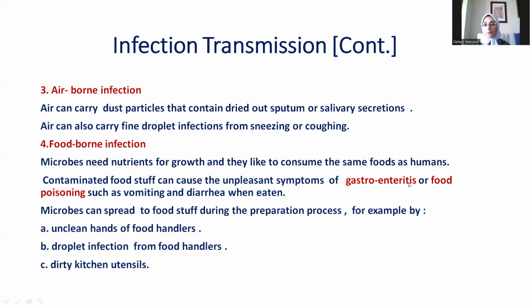Gastroenteritis, itis means inflammation. This means inflammation of the mucosa of the stomach and of the small intestine. When they are inflamed, they are not carrying out their functions properly. They are irritated. There is nausea, vomiting, loss of appetite, diarrhea, loss of weight. Food poisoning is the same as gastroenteritis, but a more severe form that might require hospitalization and rehydration of the patient via the intravenous route.